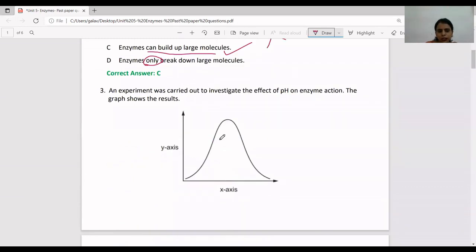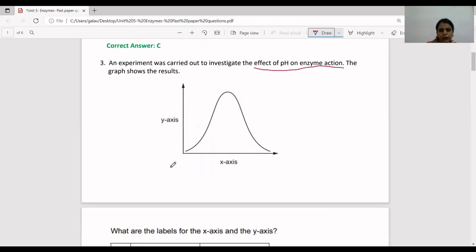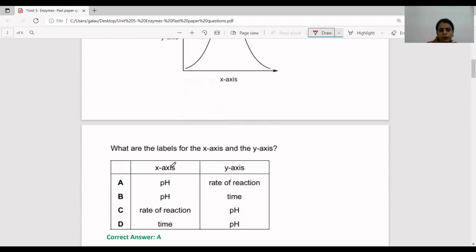The third question is: an experiment was carried out to investigate the effect of pH on enzyme action. Okay, so in order to investigate the effect of pH on enzyme action, an experiment was carried out. The graph shows the result. Okay, so this is the x-axis, this is the y-axis. Now you have to choose the option which shows the correct labels for x-axis and